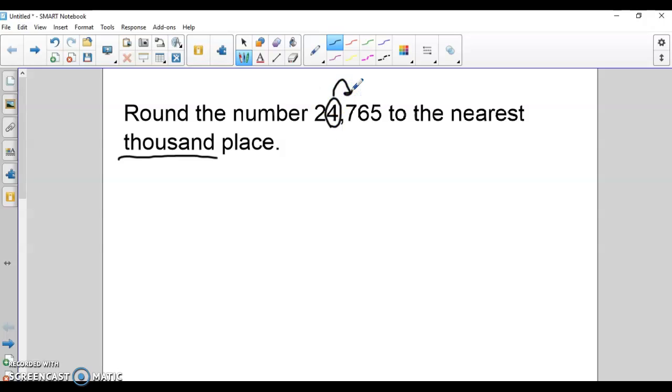That number on our right, that 7, is going to tell us whether we need to round up or stay the same. So when we say circle the number, look next door, if this 7 is 5 or greater,